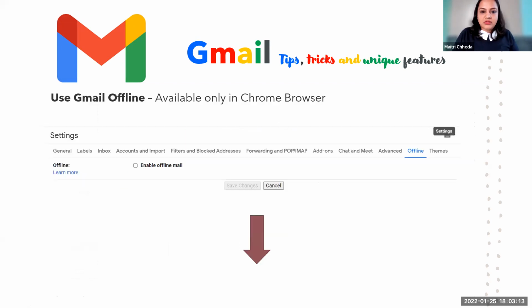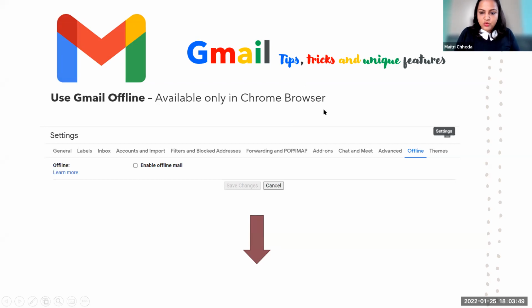Yeah. So now there's this option to use Gmail offline. Mind you, it uses a lot of data, internet also, and your space wherever you are using it. So it will make your browser and machine a little heavy. Yes, but still, in case you are going to a place where you will not be able to use the internet a lot and you want access to your emails, you can use this.